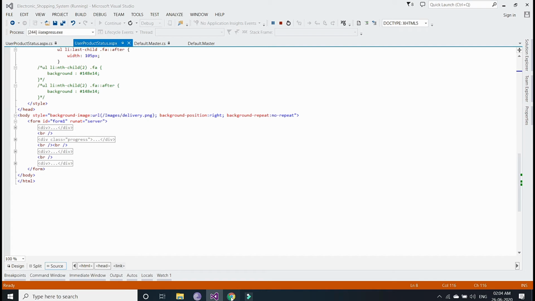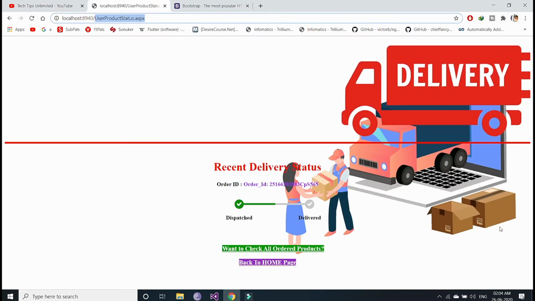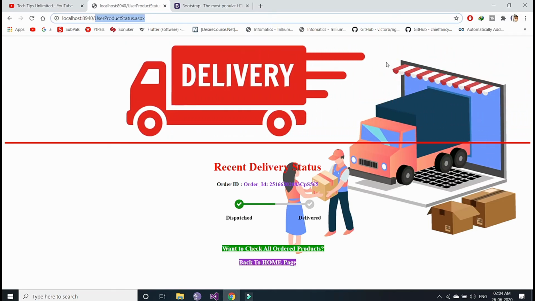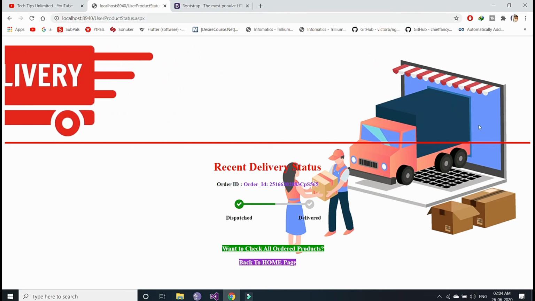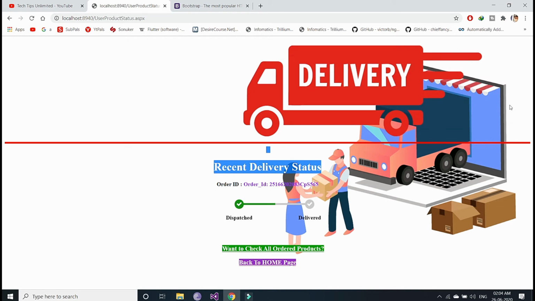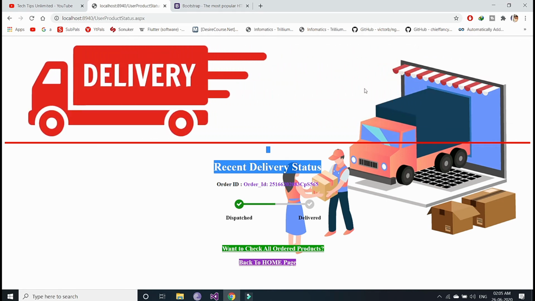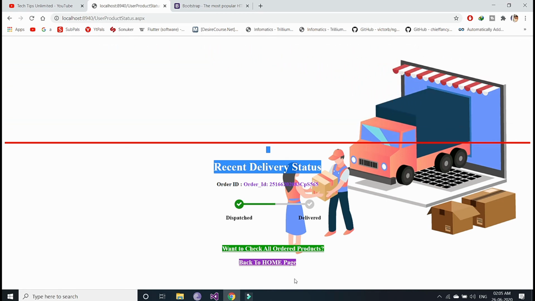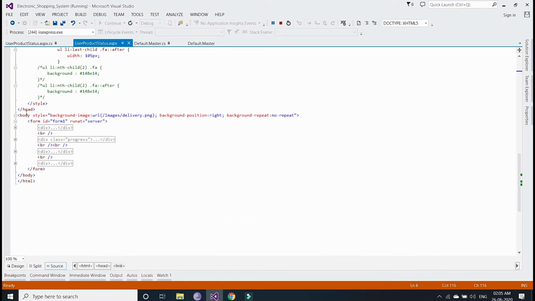You can see here the background, the van which is standing on a laptop, which is acting as a store, right? This background image I have added in the body tag. It's not an image, it's a PNG.